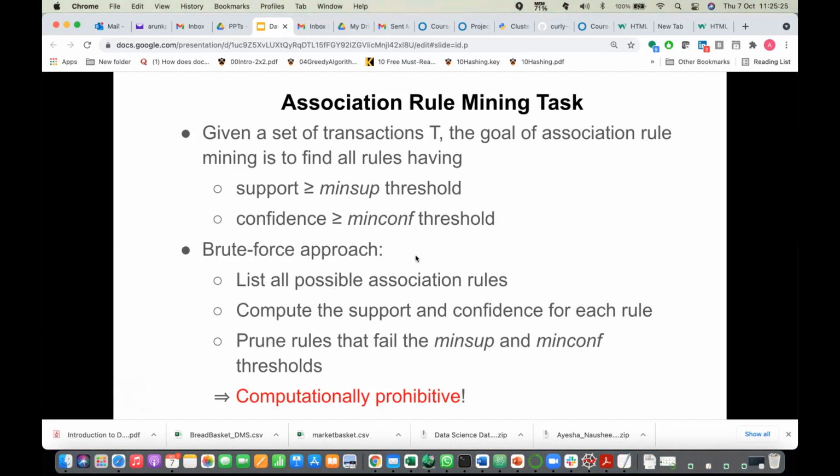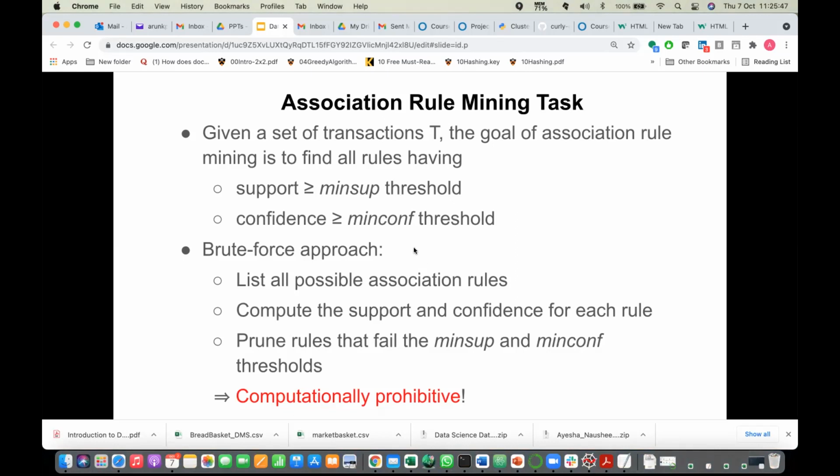Is there any limit that the left side set should have this many elements, and the right side set should have these many elements in X and Y? There are no rules on X and Y, right? So they are simply subsets of the given data set. So how many rules can you form with three?